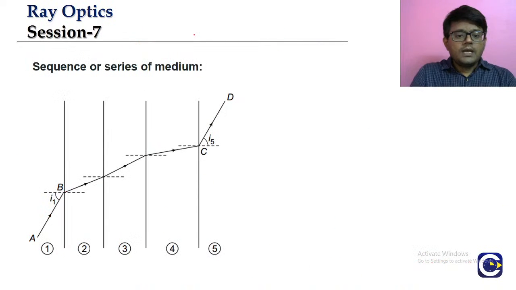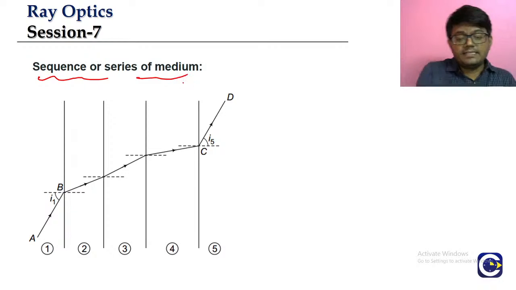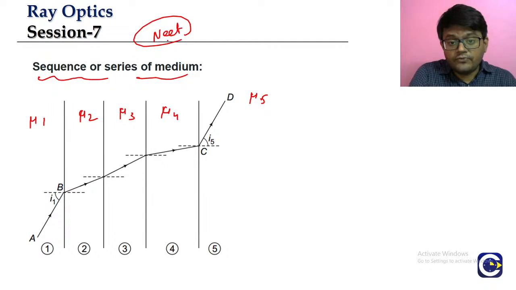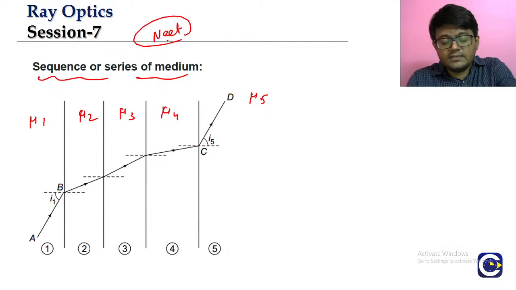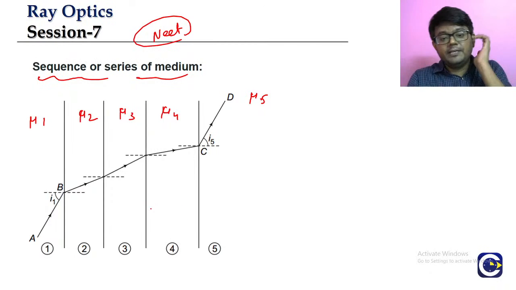Now, when we have a series of medium, we can also call it the sequence of medium, one after another. So medium 1 with refractive index mu1, medium 2, mu2, medium 3, mu3, medium 4, mu4, medium 5, mu5, like that. We keep them in arrangement. These kinds of questions will be of interest for the NEET exam, because here we will not have so much numerical intensity, but this is just based upon the concept. So here if you have multiple media in between,